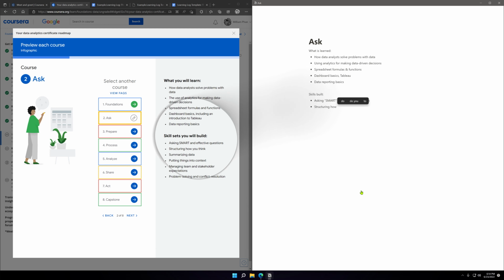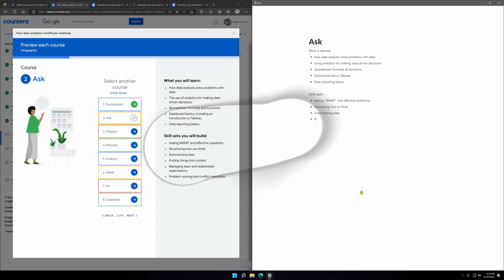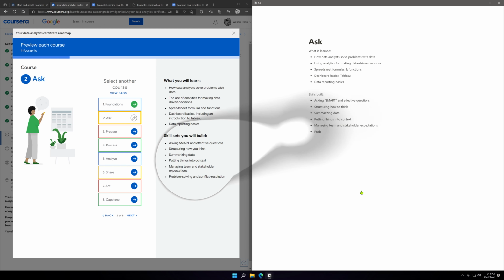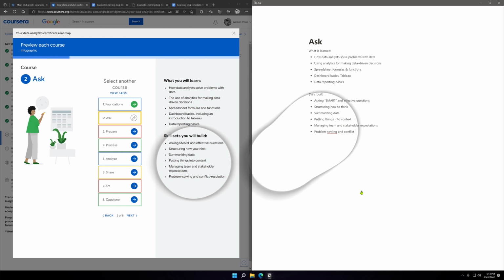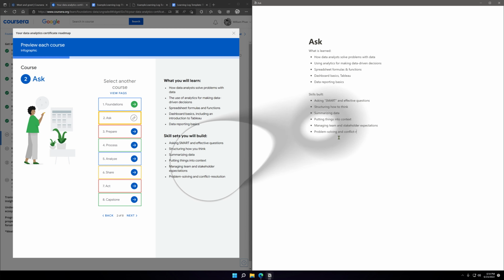Structuring how you think, summarizing data, putting things into context, managing team and stakeholder expectations, problem solving and conflict resolution.